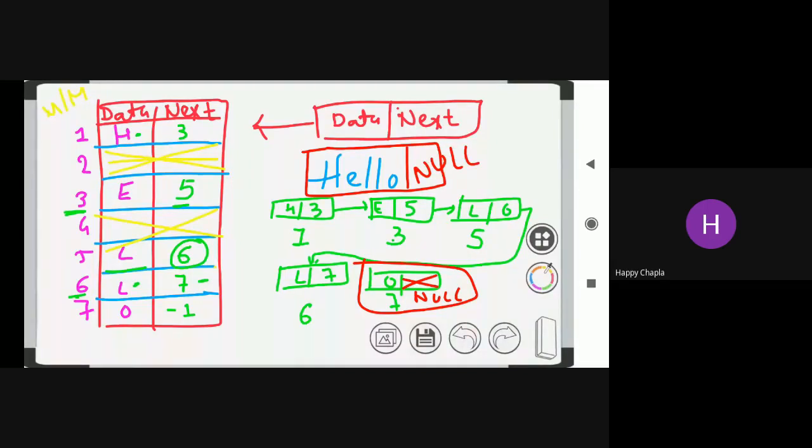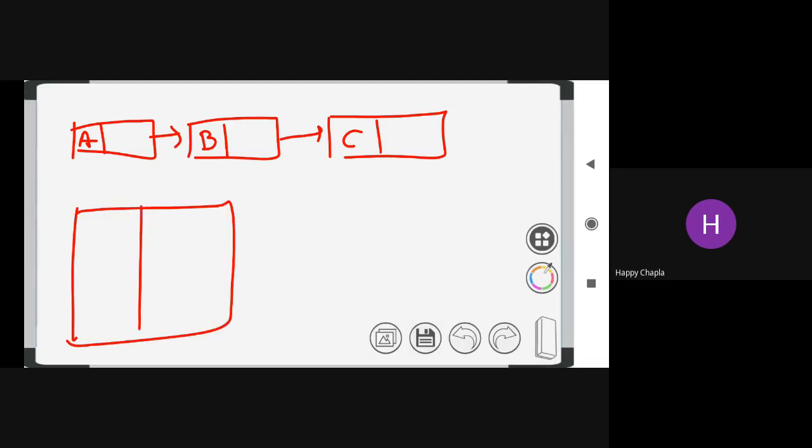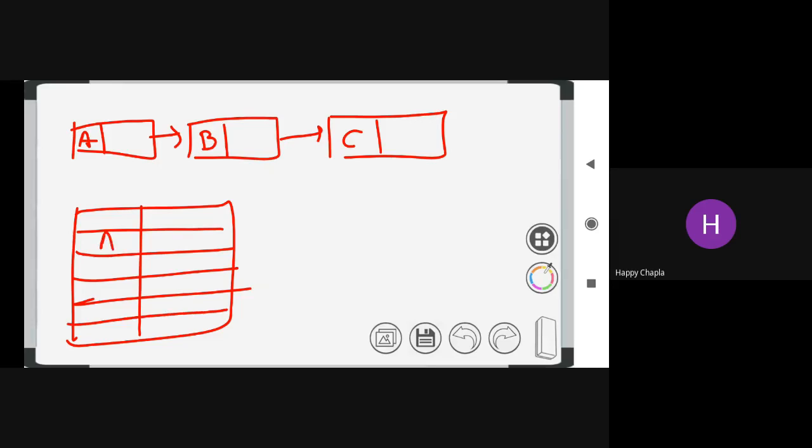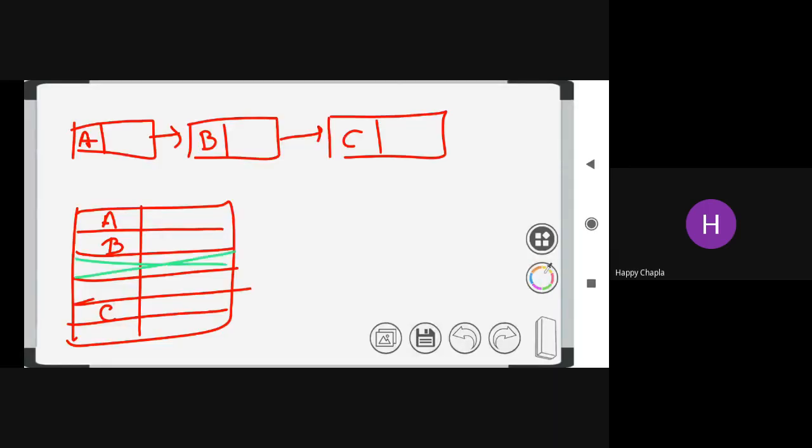But in this situation, I have something like this: A, B, and C. Here I am storing A. These memory spaces are occupied by other processes.